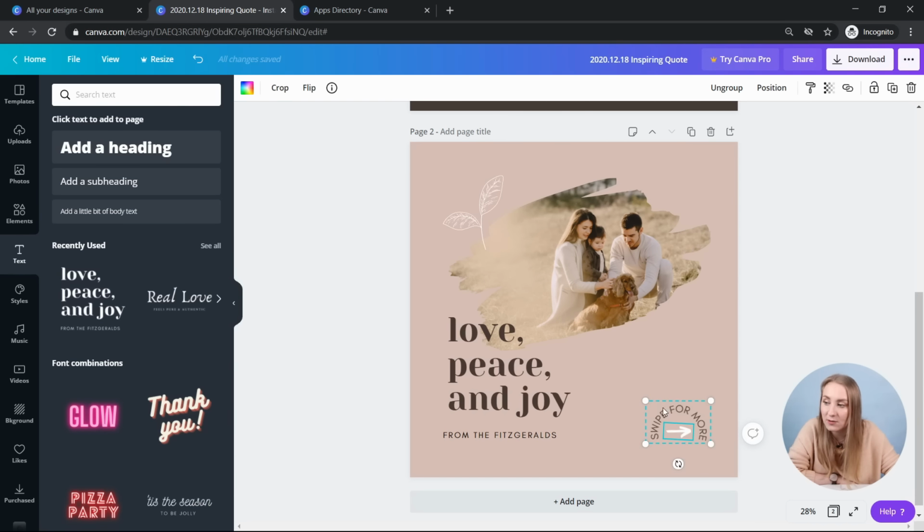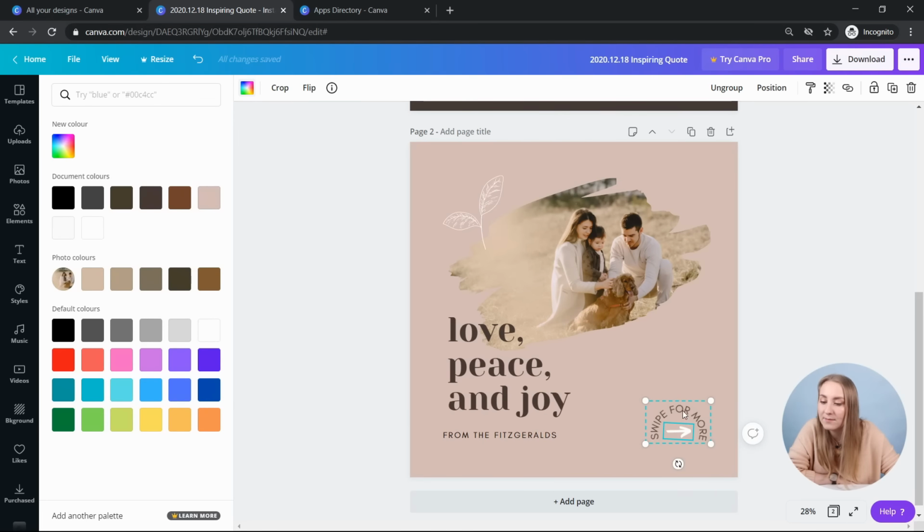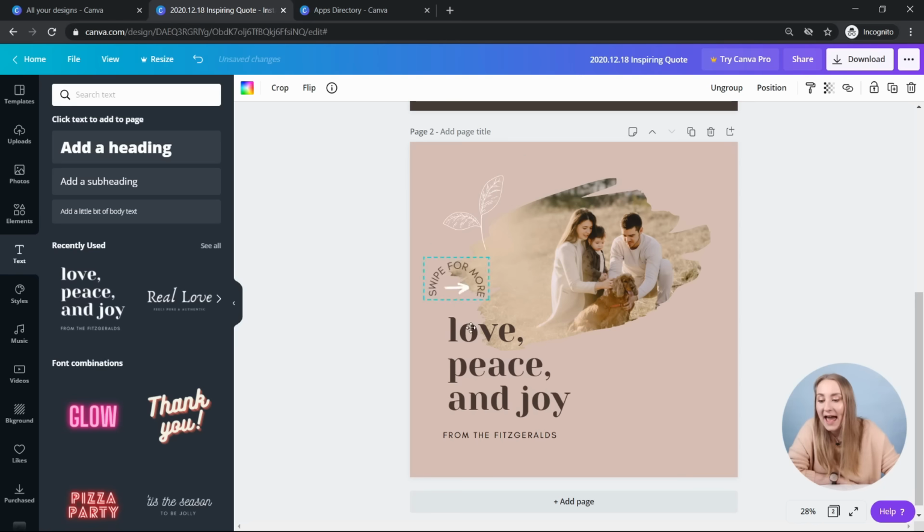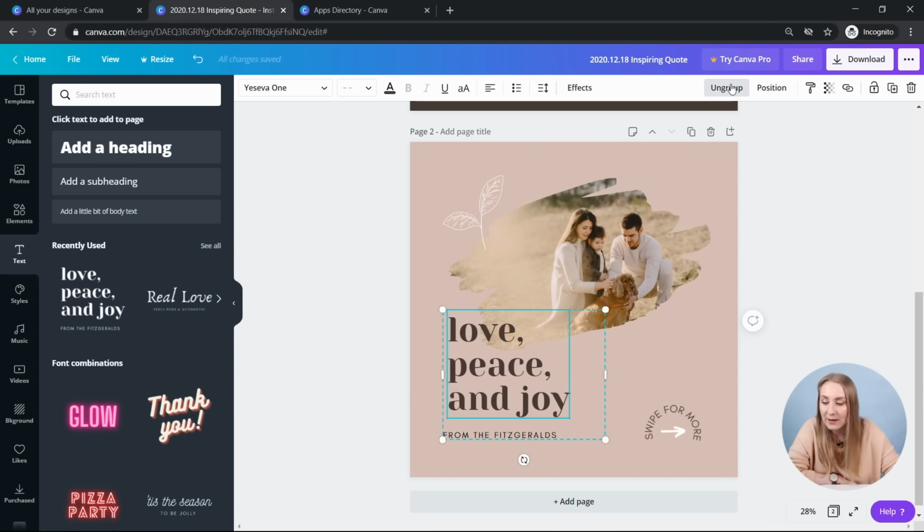So you can see that I can still manipulate the colors. I can still manipulate the font on the text. It's just that now when I move it, this is actually one unit. This is one entity in a way that I can move around together, and I don't need to worry about making this misaligned. And the same goes for this text. So I will ungroup it because I don't like how to the left it's not properly aligned. So I'll ungroup it, click away.